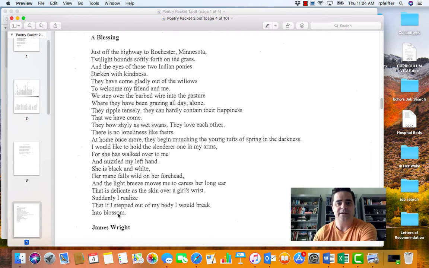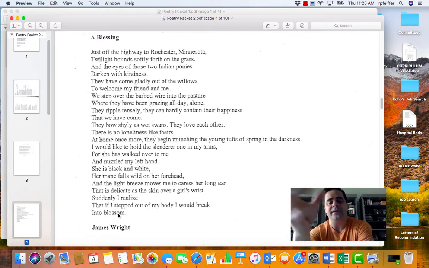"darken with kindness." If we take, for example, the 3rd line, and we say, "in the eyes of those 2," and we break it right there, "Indian ponies darken with kindness" would be the next line. And "Indian ponies darken with kindness" would be a decent line, but "in the eyes of those 2" would be sort of an incomplete feeling, if that makes any sense at all. Again, it's like a slippery thing to try to talk about because everyone has different opinions on it.